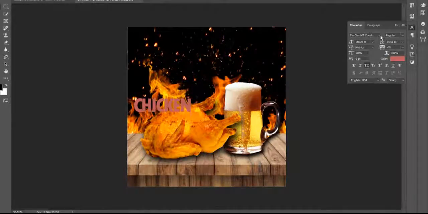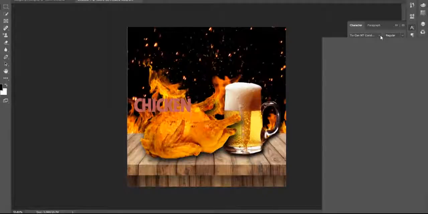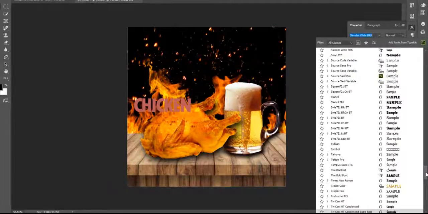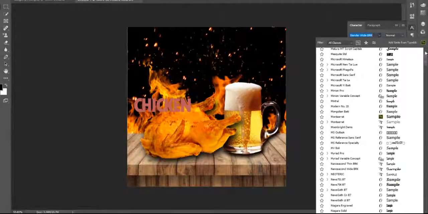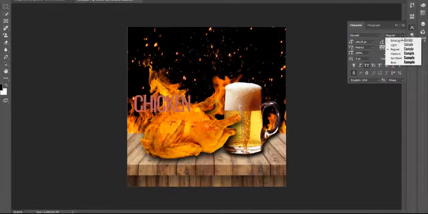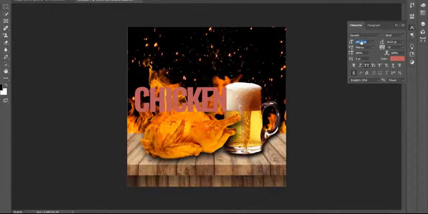It's easy. Now I want to change the font face, and I need some bold font and increase the size here.